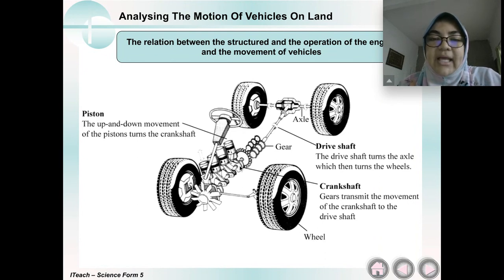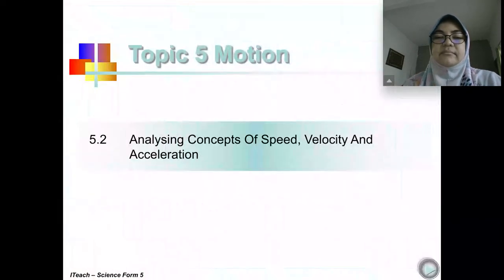So kalau perhatikan crankshaft ni, dia akan sambung pada gear. Dan gear ni nanti akan sambung pada tayar. So bila crankshaft bergerak, rotate, tayar juga akan rotate. Okay. So kita habis the first